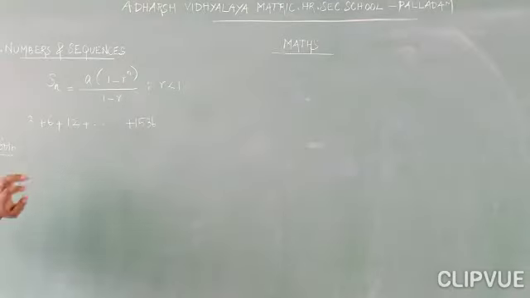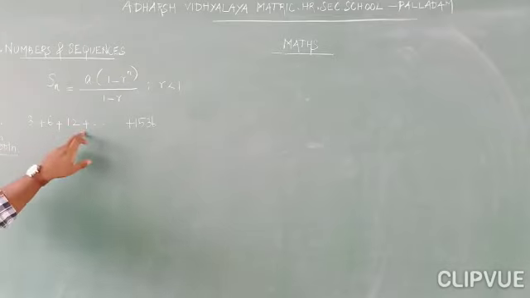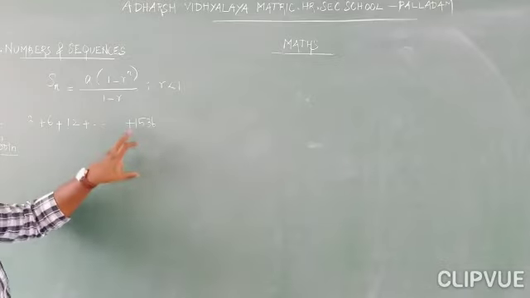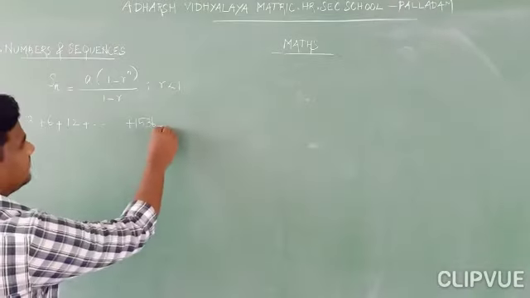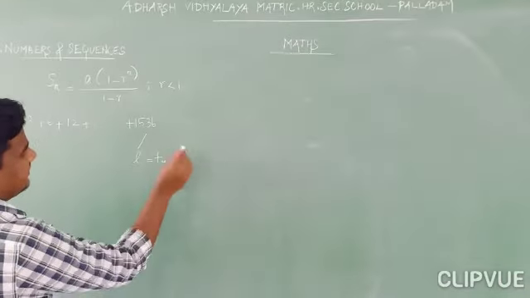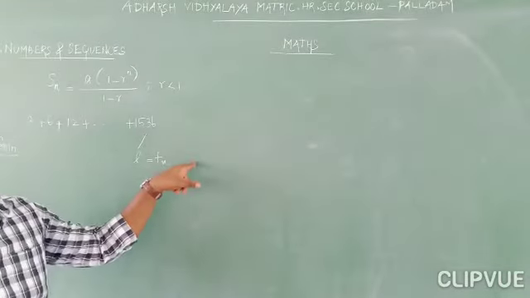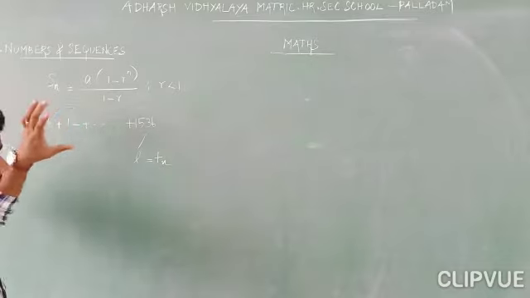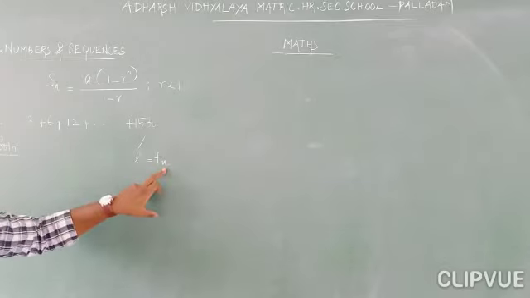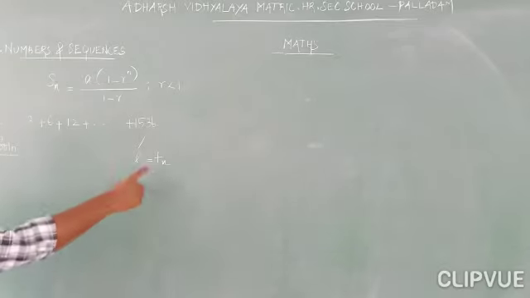Next, question number 7. Find the sum of the geometric series 3 plus 6 plus 12 plus and so on. The last term of the geometric series is given. Actually this is 1536. It is equal to L or Tn. We can say this is the last term or nth term. If you want to find the sum of the series, you must know how many terms the series contains. So you must know the value of n. So I am going to find the n value.